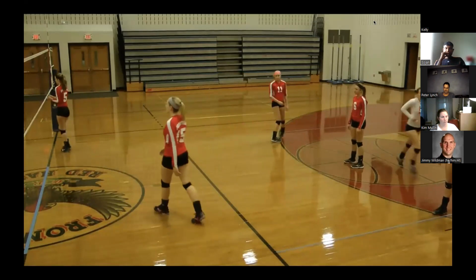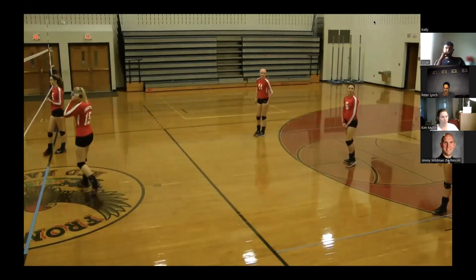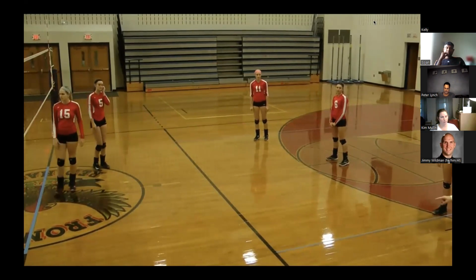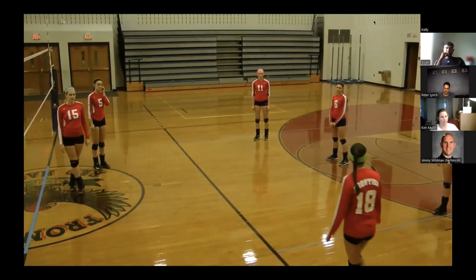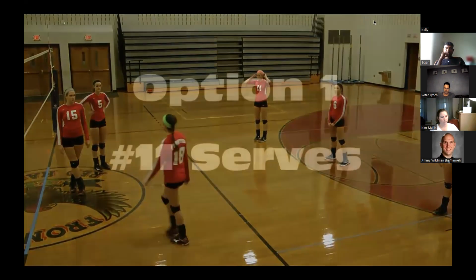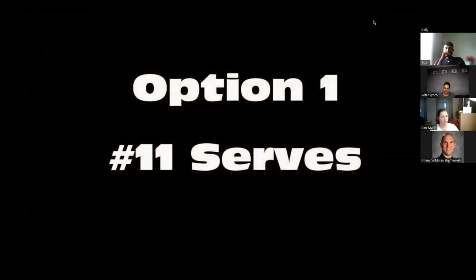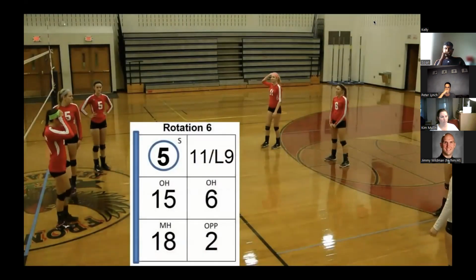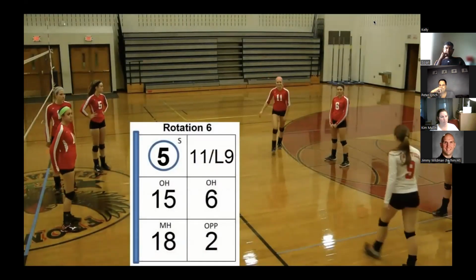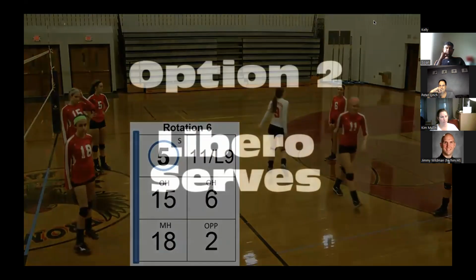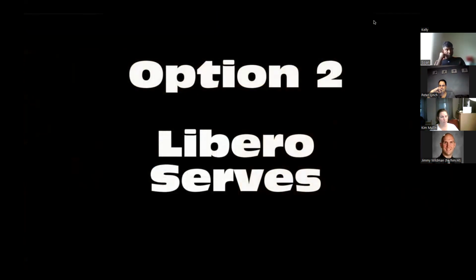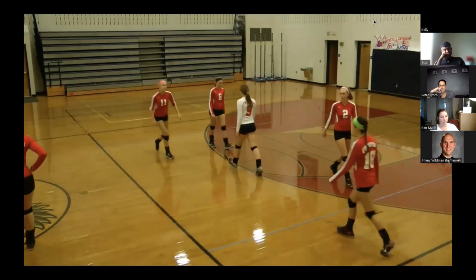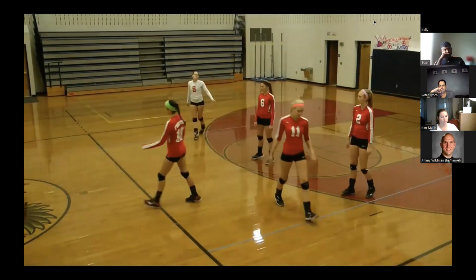Okay, rotation 6. Our libero comes off. Grace comes in legally behind the attack line onto the court. Okay. Sunny served really well, and then now our libero comes in for number 11, Sunny. All right, so let's rotate to rotation 6. Go. Our middle switch, and our libero goes right over